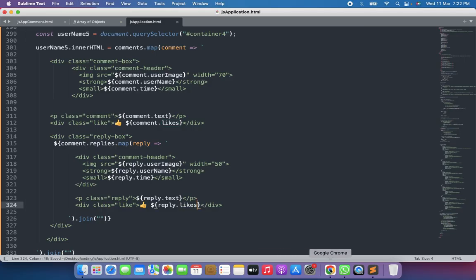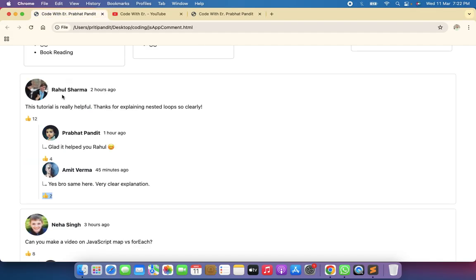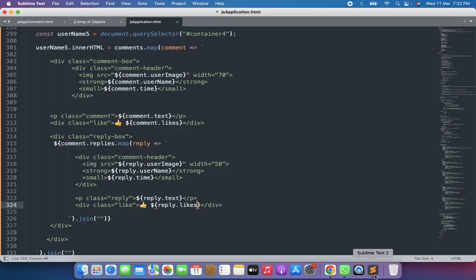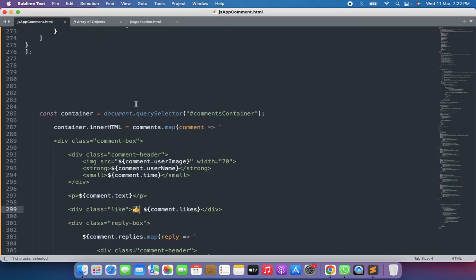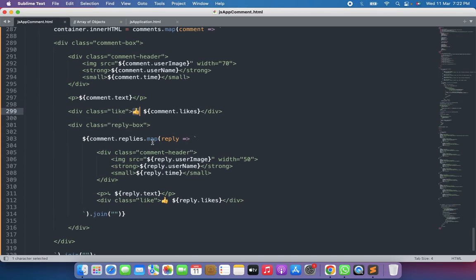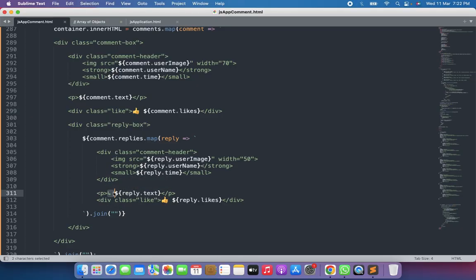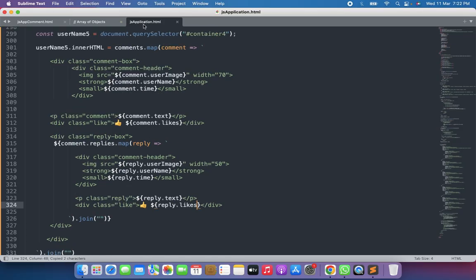Save the file, have a look in the browser, refresh this page now. You can see here 4 likes. So this will be shown here also. So now let me just come here and copy the icon from here. This icon I'm going to copy, guys. Where is the icon? This icon. I want to copy this icon, copy this, and just come up, and let's just paste it here, keep the space,